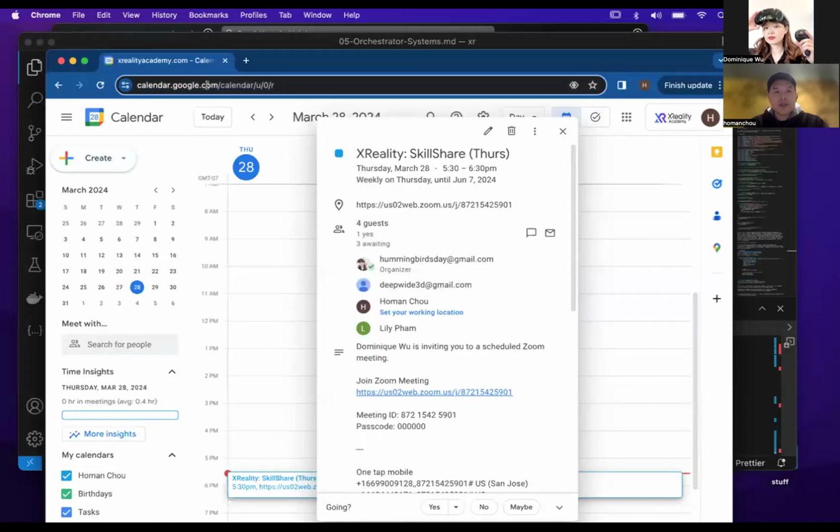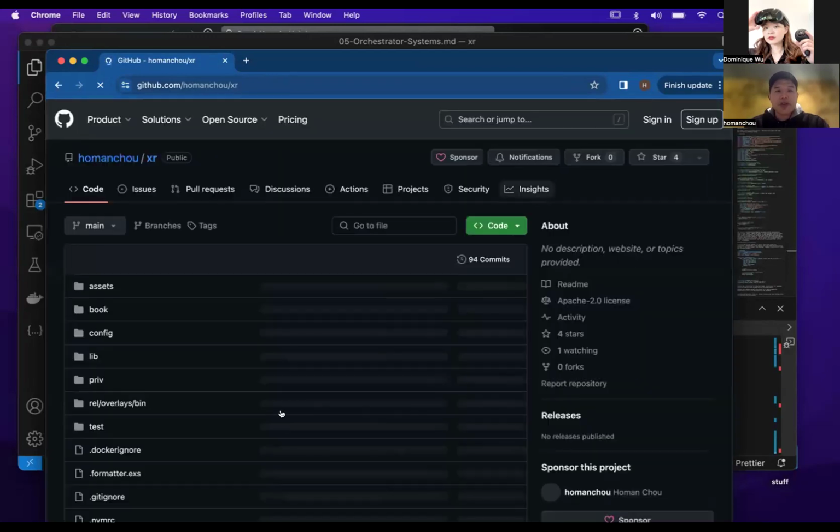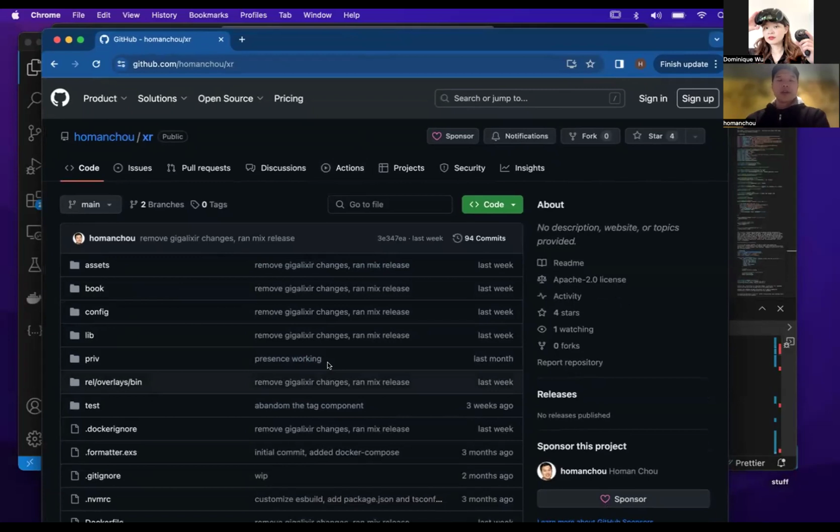Okay, so the book is available in this repository, github.com. My name is Homan/XR, and you will find a repository here where we are setting up a Phoenix Elixir database-backed, sort of a traditional web-based project. There's a book folder in here, so this book goes into detailed step-by-step guidance, and this repository is